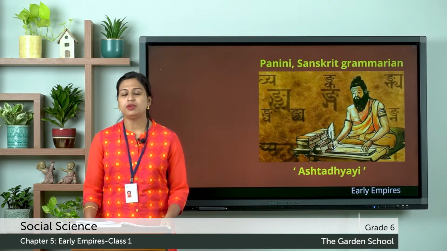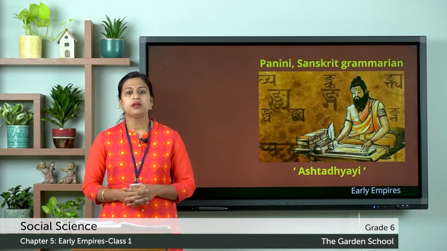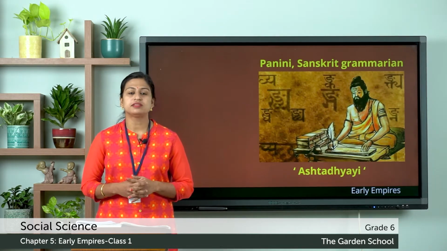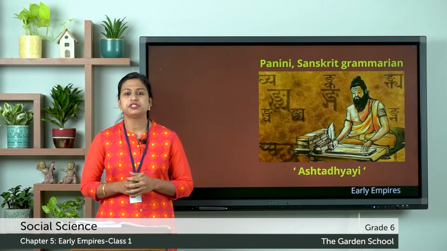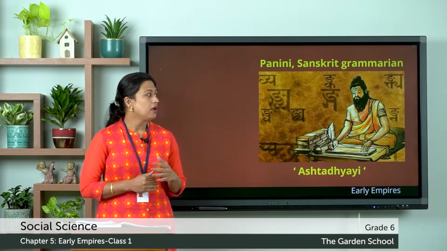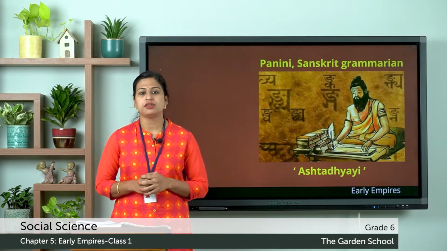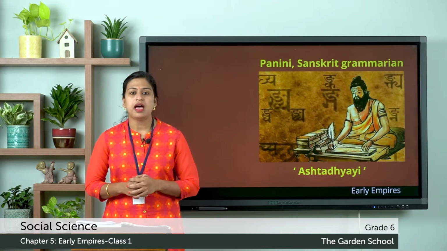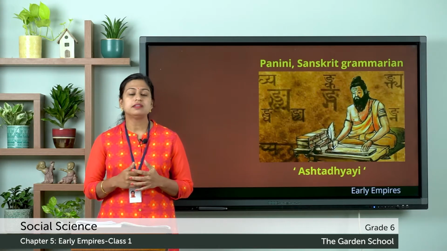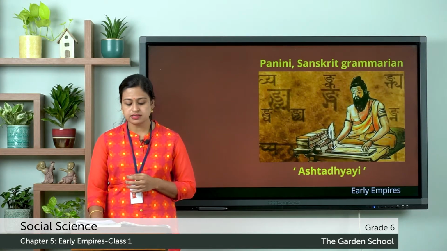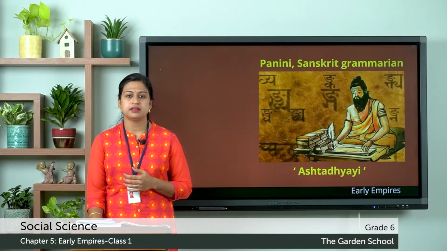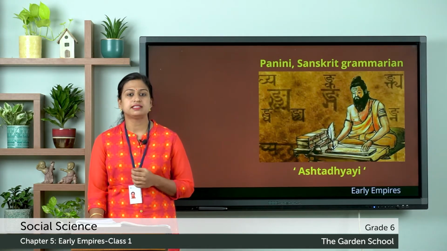In the History Maker, you can see the picture of Panini. He was a Sanskrit grammarian in ancient India, and you all know that Sanskrit was the classical literary language of ancient India. It was considered that Panini was the founder of this language, and his work, the Ashtadhyayi, was written by Panini. It contains the rules of Sanskrit grammar, and it also consists of 3996 sutras, or highly compressed and condensed statements. This means very meaningful statements.